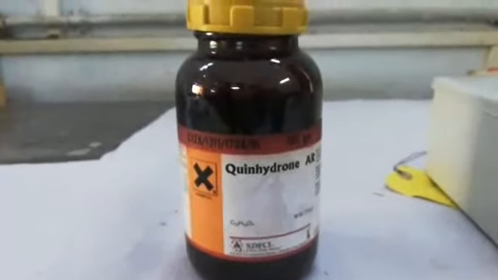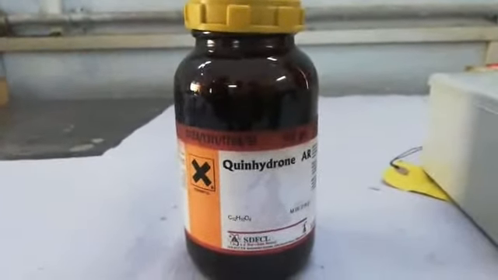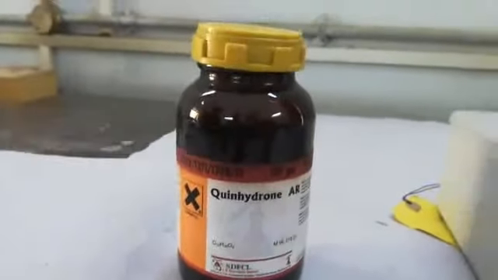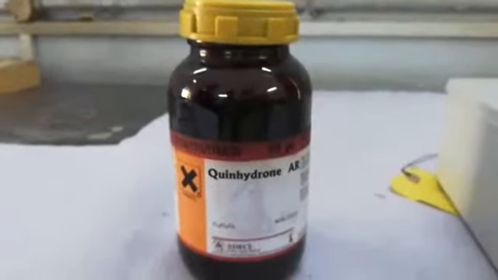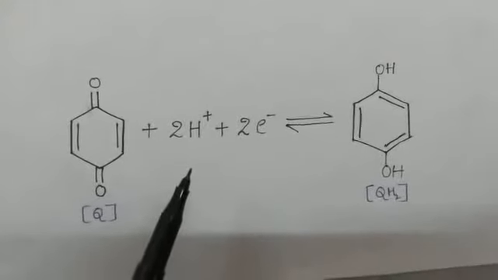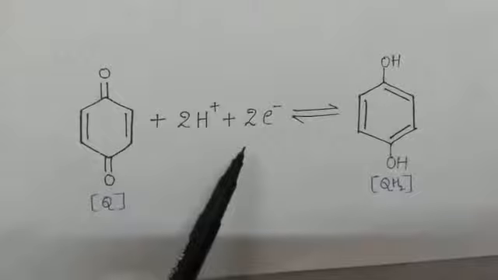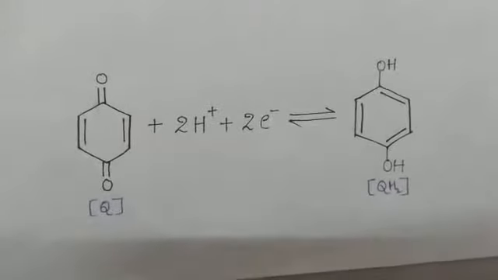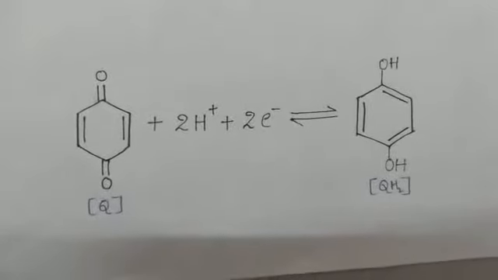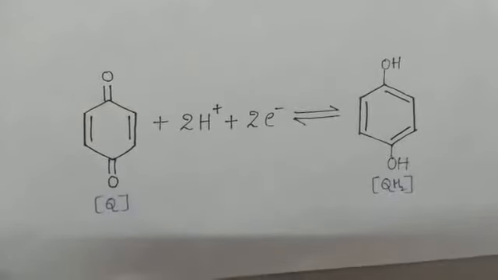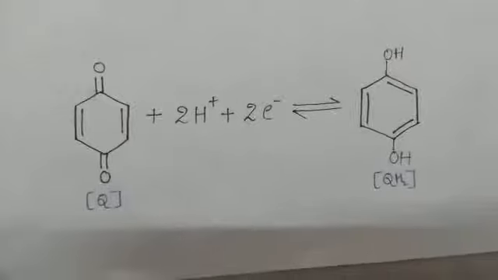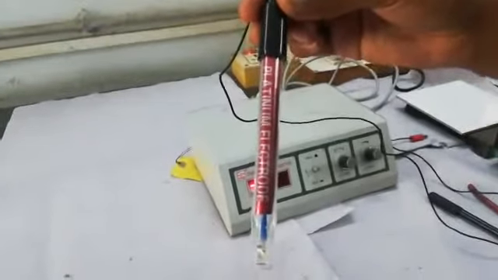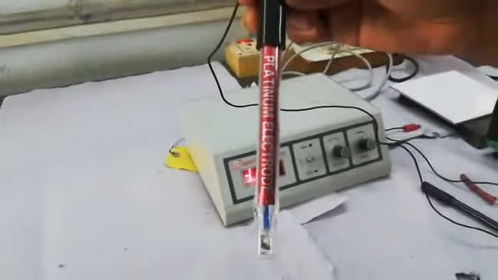Now in this titration we are using quinhydrone. Quinhydrone is an equimolar mixture of quinone and hydroquinone in an aqueous solution. The following reversible reaction takes place. Because the reversible reaction involves H+ ions, the quinhydrone solution functions as a redox electrode in contact with an inert electrode such as platinum. The potential of the quinhydrone electrode is sensitive to the pH of the solution. This is the platinum electrode. The platinum electrode is an inert electrode.